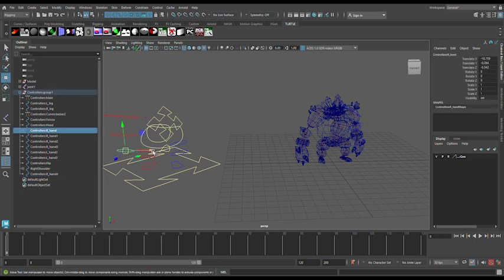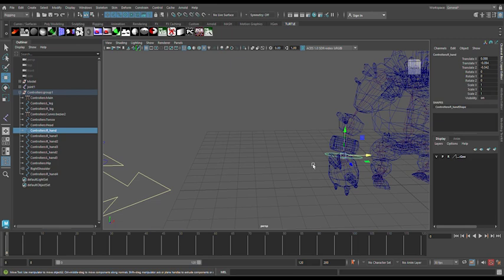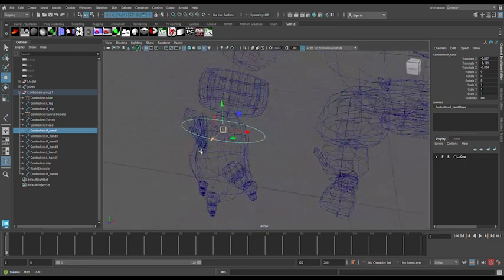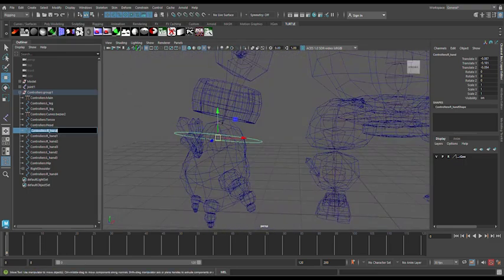Start with that hand, move it across, link it up to the hand here. Again, I can press V to do this. Rename it left hand,